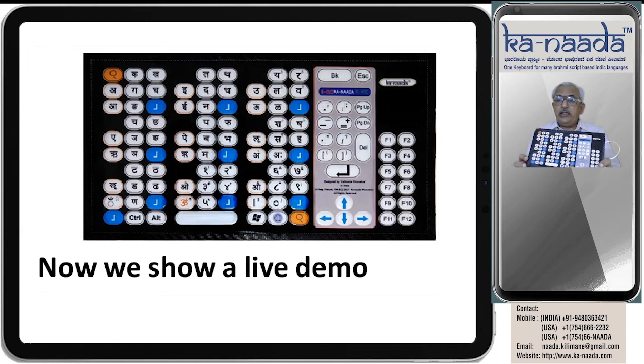Kha has a single keystroke on the Kannada layout. Out of 16 swaras, the dirgha swaras, A, I, U, and so on, on Kannada we get a single keystroke. On the mapped keyboard we get two keystrokes.